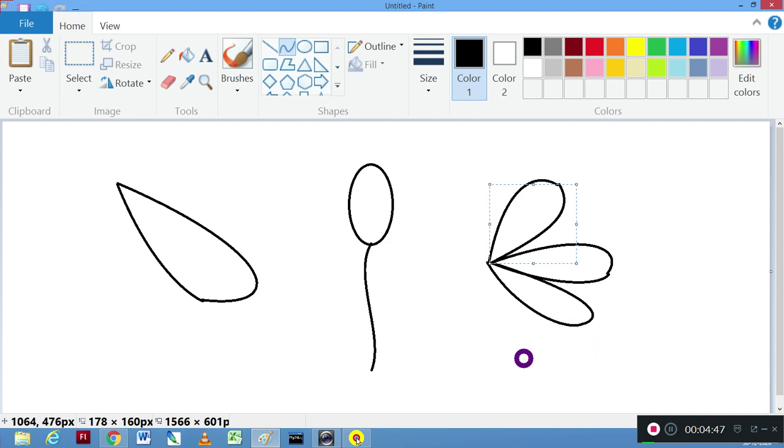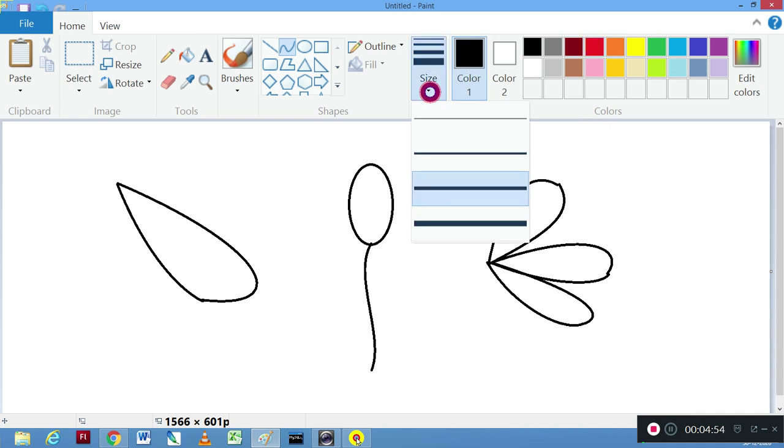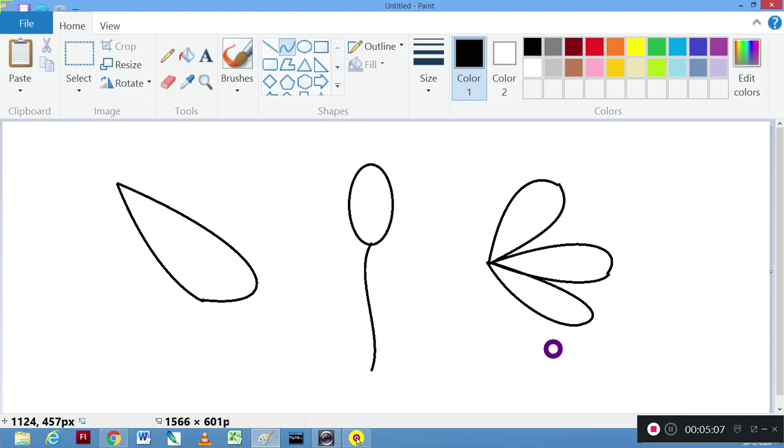After you are done with drawing something, you can also choose color for lines. You can choose the size of the thickness of the line, and the color for drawing the curves and shapes. And then you can also choose the fill color tool for filling the colors in the shapes that you have drawn. So this way you can use the color tool also. This way we have seen the curve tool.